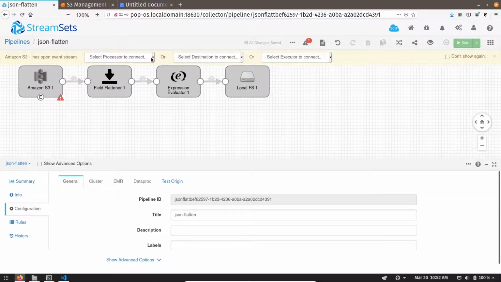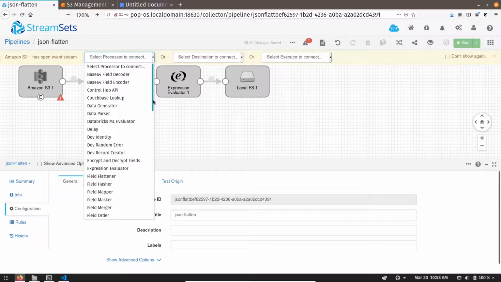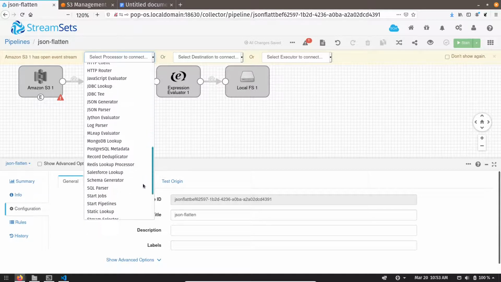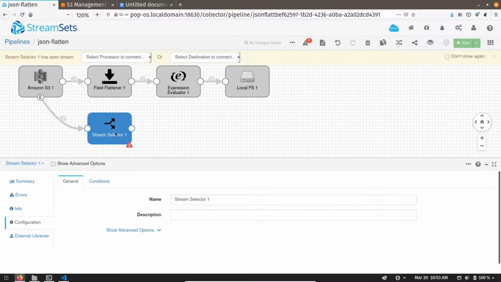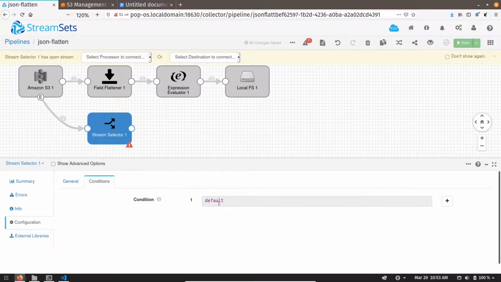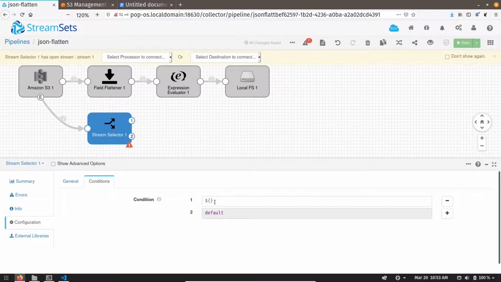To get a particular event, we are going to select the stream selector in processor. Go to the stream selector. In the stream selector, you can see there is a default stream, but we want a particular stream, so we create a new condition.